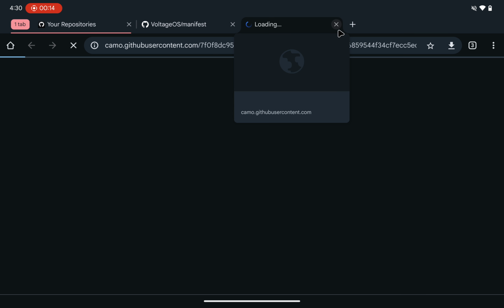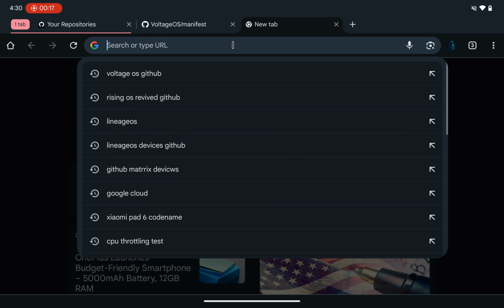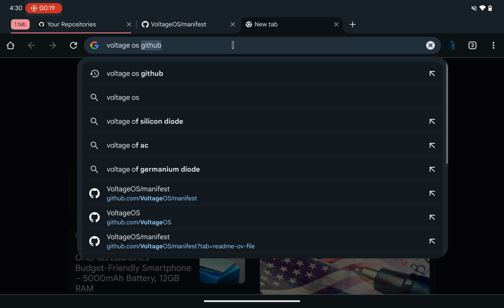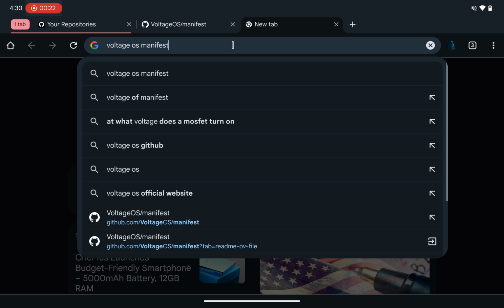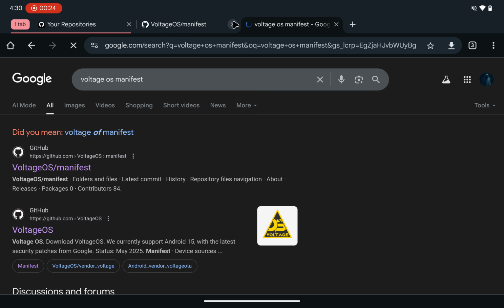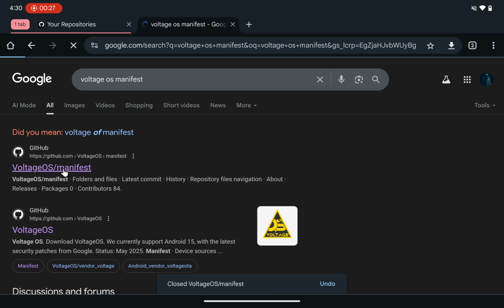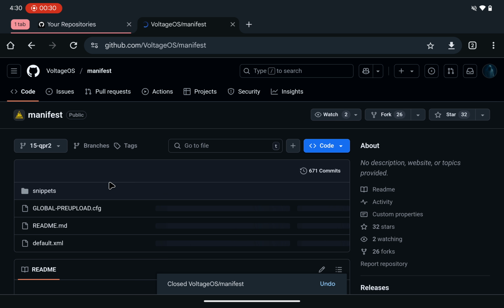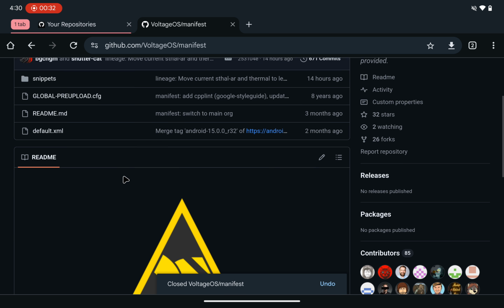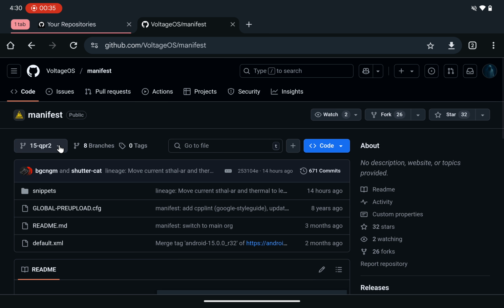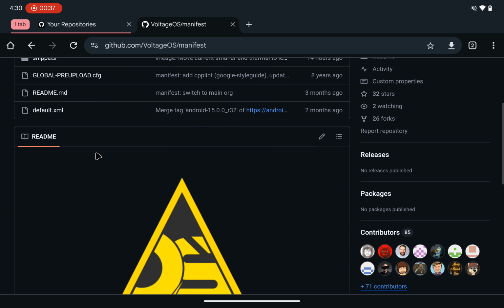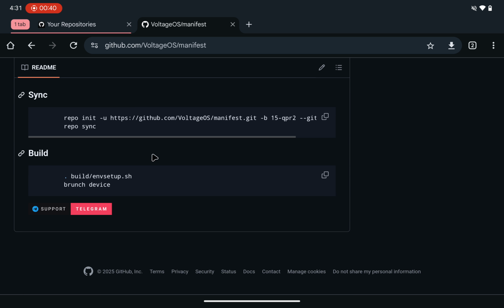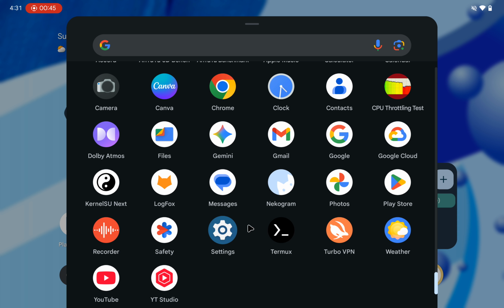So first of all we will go to the browser and go to the manifest of the ROM we are making. Today we are making Voltage OS. I will show you some other examples too, but let me go to the Voltage OS manifest first. We will search the ROM and then manifest or GitHub and go to the manifest or Android, whatever there is. Most of the times the build flags are written on here, and if not written then there are no build flags. But for the surety we will just check